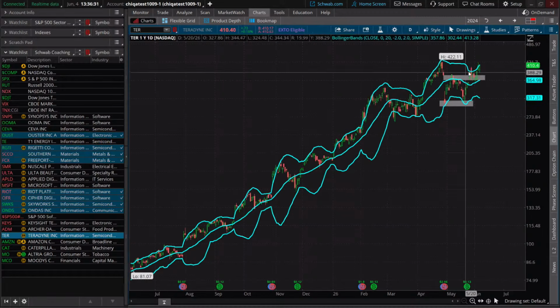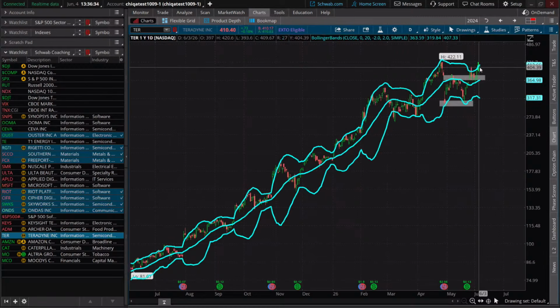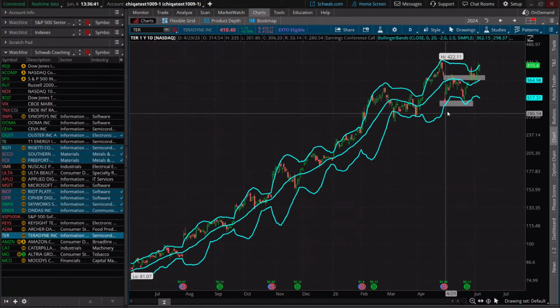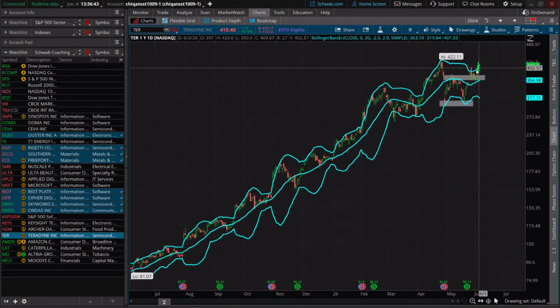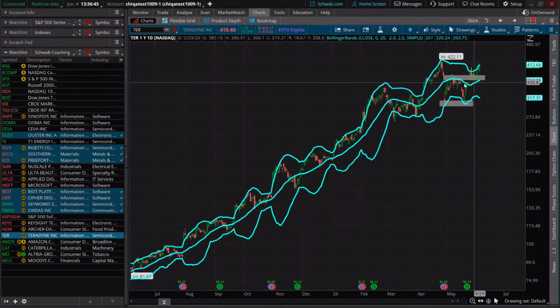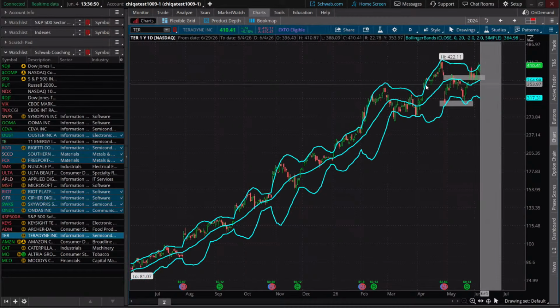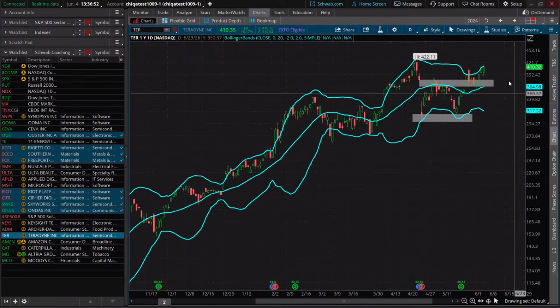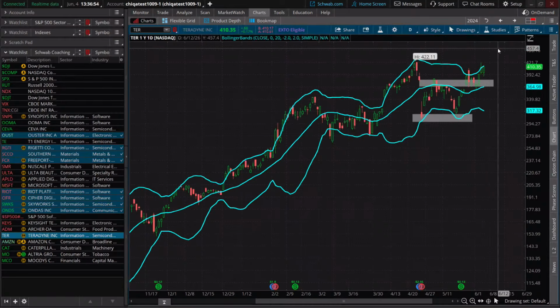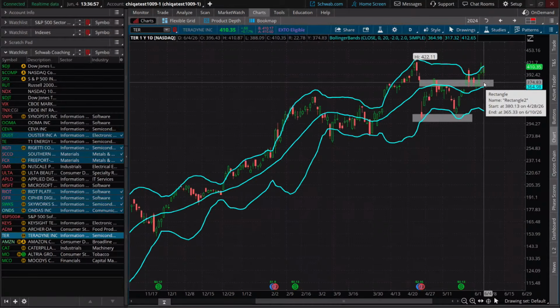But right now, we are seeing a move above. Actually, yesterday we saw that first move above. We're again seeing a move on that upper Bollinger Band. And what are you already seeing with the slope of this line? It is already curved to the upside. Price has retested its 20-day simple moving average. So again, this could be another one where we could say, hey, we're going to take a long position here, and we are going to look to possibly close that position when we see a move below those Bollinger Bands.